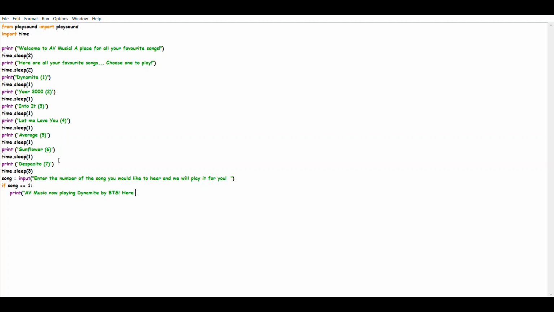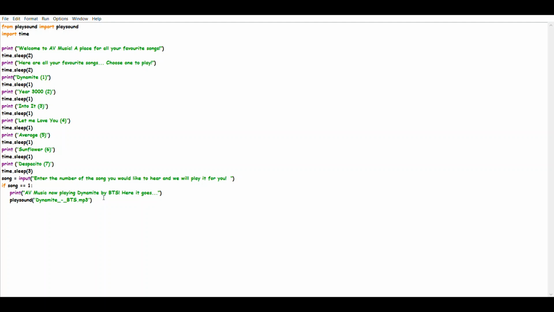Exclamation, here it goes. Because it takes a little time for it to actually start playing. Play sound. Now here it's better if you just copy paste the name of the song to avoid errors, because if you type it out, it will lead to many errors.